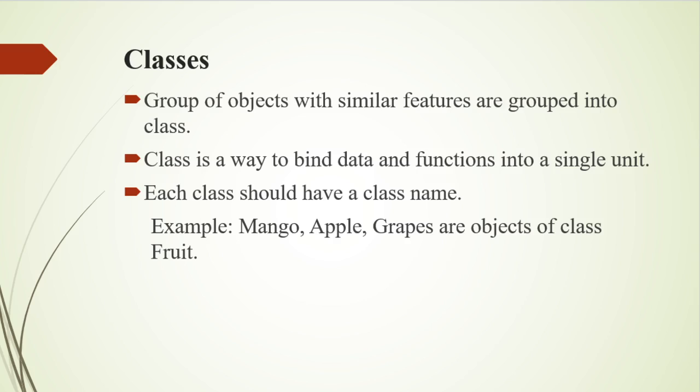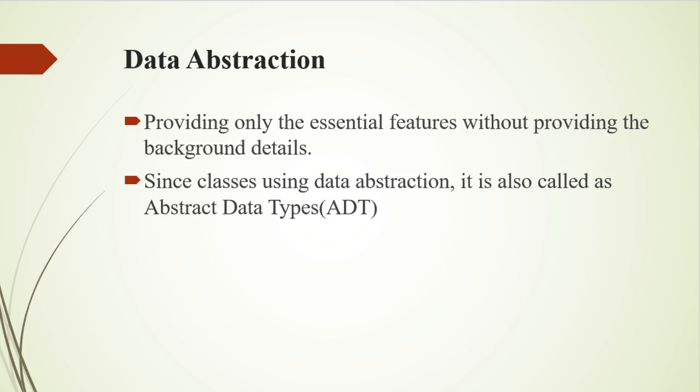A class can be defined as a template or blueprint that describes the behavior or state that the objects of its type support. For example, mango, apple, and orange are members of the class fruit. The syntax used to create an object is not different from the syntax used to create an integer object. If fruit has been defined as a class, then the statement fruit mango will create an object mango belonging to the class fruit.